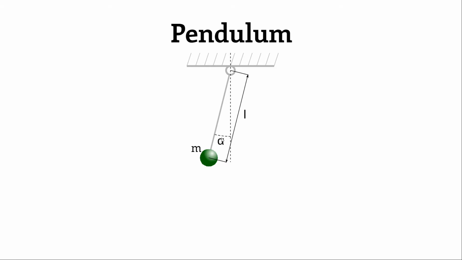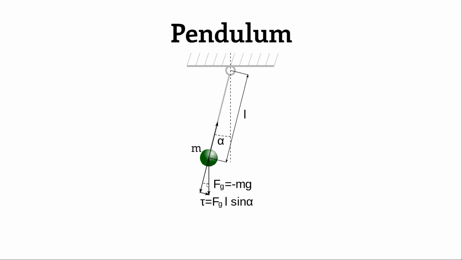And to do that, we first have to look at the forces working on the mass. There is the gravitational force and there is a force along the string. And if we add those together, we see that a little bit of force remains here that is working perpendicular to the string. And to get the amount of that force, we look at the amount of the gravitational force